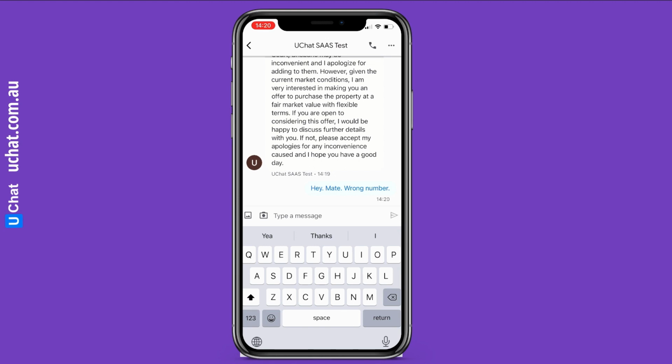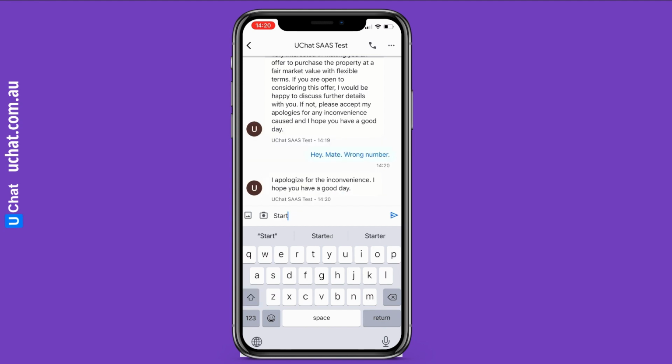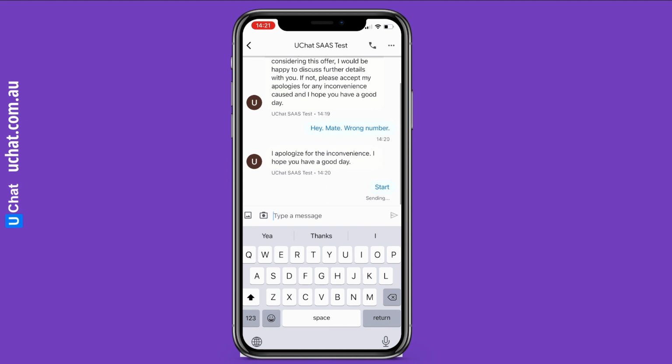All of this is designed to be recognized automatically. The user may say totally different things, but the AI is smart enough to know this is the wrong contact. Let me do another test. This time I'm going to say something else: I'm not interested, and please do not send me messages. Let's see if the AI is smart enough to detect the intent and stop the conversation.